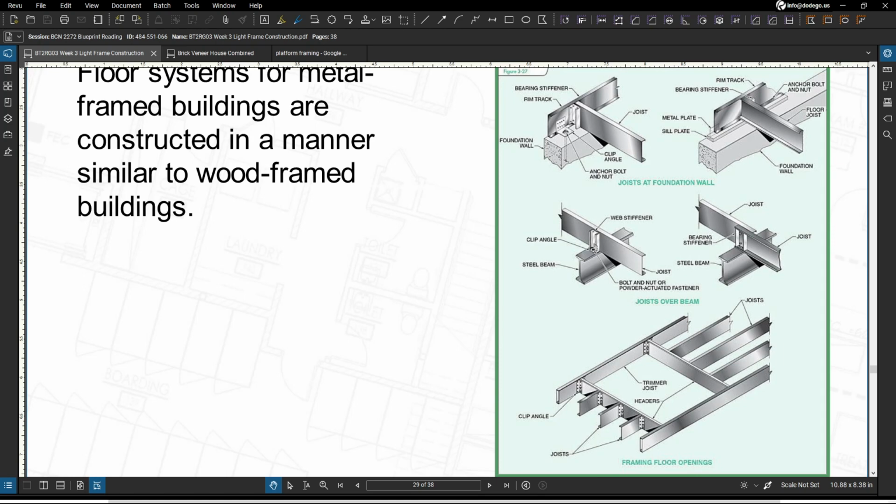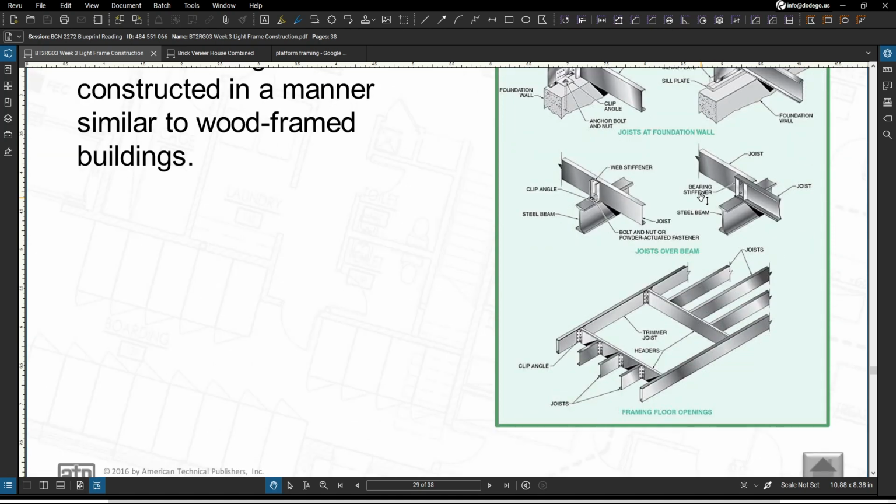So you have bearing stiffeners, which are going to be installed at the joist ends to prevent the ends from being crushed when those loads are applied later on, because this thing gets heavier and heavier as construction wears on. Lastly,